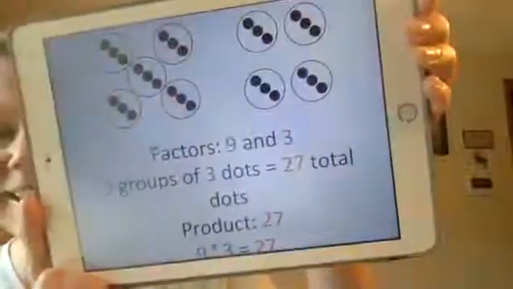Nine groups of 3. What's the product? 27. Good job, guys. I hope you're always practicing your subitizing at home,